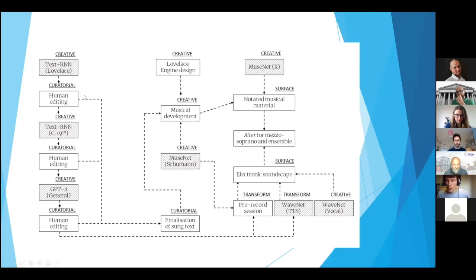We found the generated material, put some of it straight into the sung text, and other parts of it we used as a prompt, a starting off point for the next RNN model, which we trained on a wider set of 19th century texts, more Jane Austen, Charles Darwin, or whatever it was that we used.